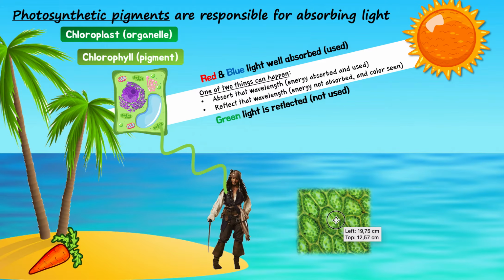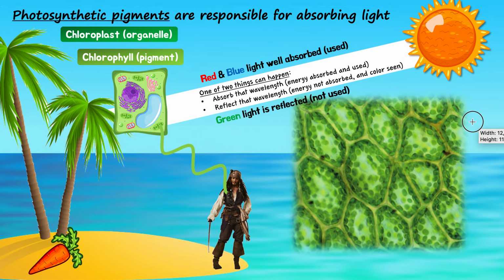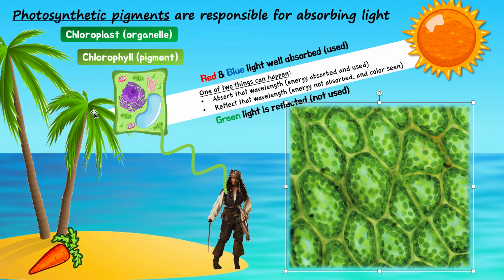So when we look at a microscope image, you can see the reason why plants are actually green is because of the chloroplast. Because the chloroplasts are the area that contain the chlorophyll, and specifically the thylakoid will contain the chlorophyll. So you can see, if we look at this image, all of the chloroplasts here are the green things, and they're the reason why our plants look green.